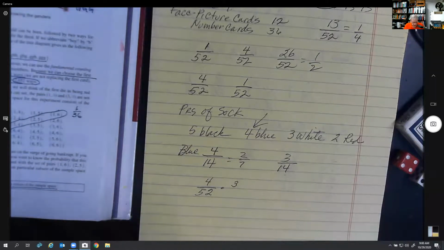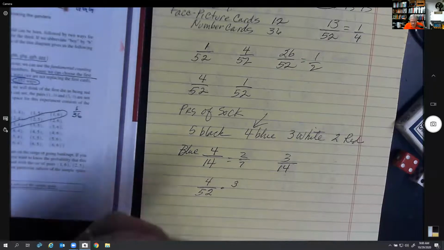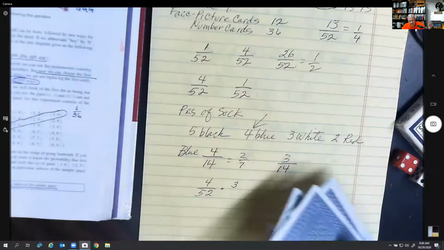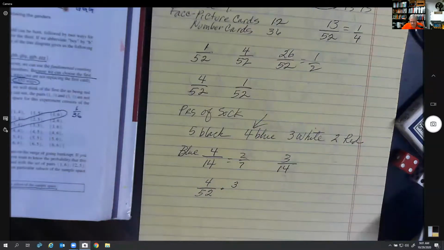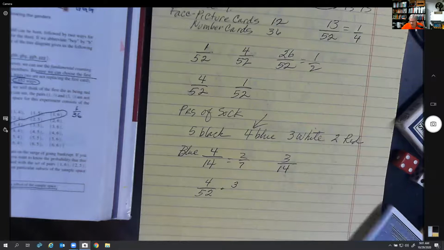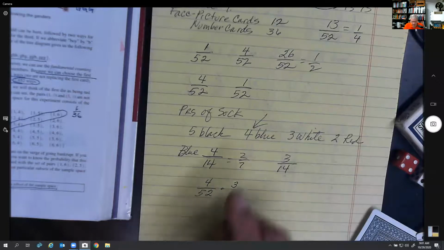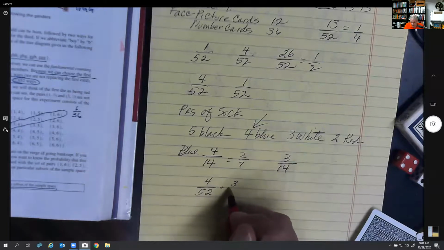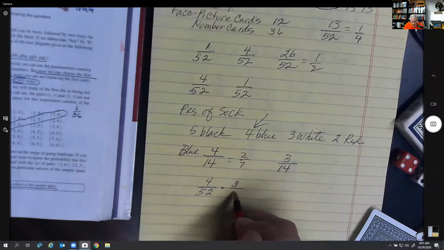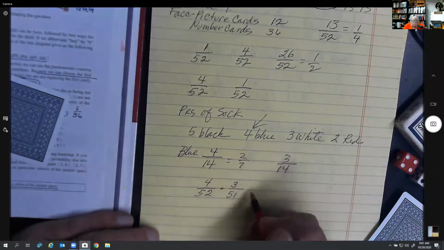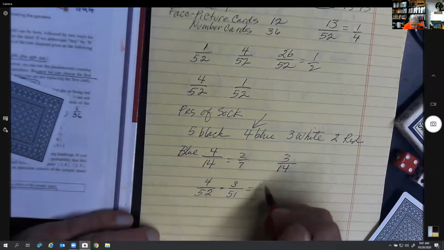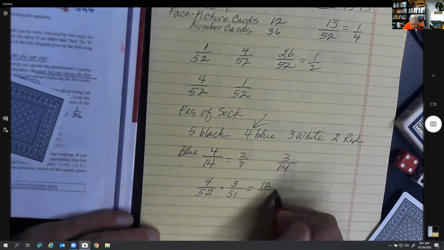Where's a queen when you need one? Here it is. I picked this card. I just pulled it out of the deck. Queen. Now I'm holding it. What's the probability I draw another queen out of the deck? There's only 3 queens left, but there's only 51 cards left because I'm holding one in my hand. So the probability of drawing 2 queens in a row is 12